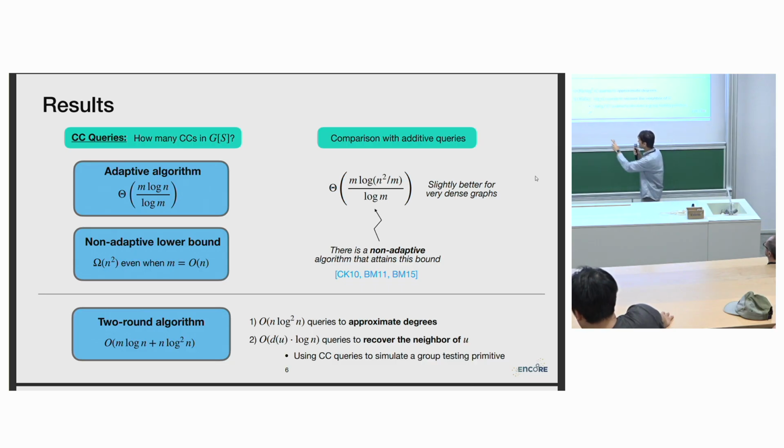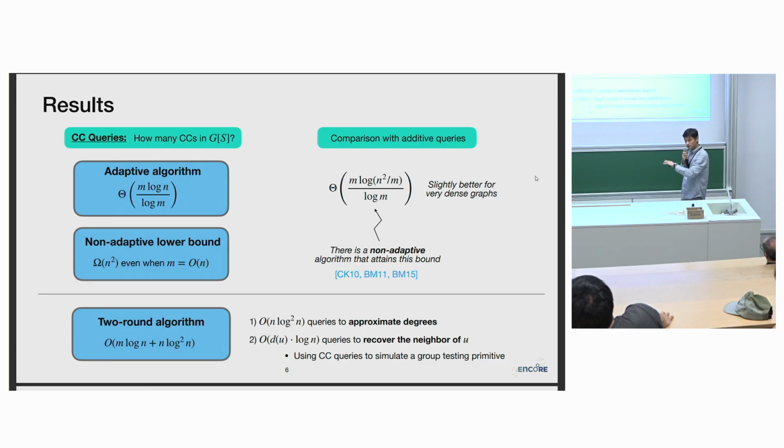So in a 2-round algorithm, in the first round, we can approximate the degrees of all the vertices in the graph by making about n log square n queries. How do you do that? You just randomly subsample a bunch of vertices and ask the number of connected components in there. By doing this, just by using some simple concentration inequality, you can show that the degree of every vertex can be